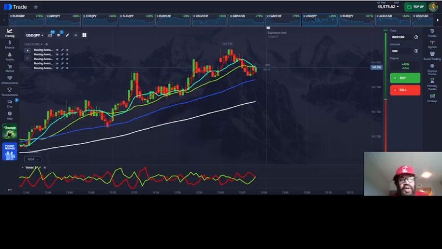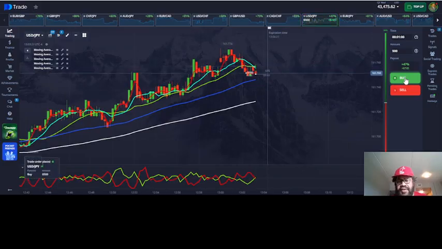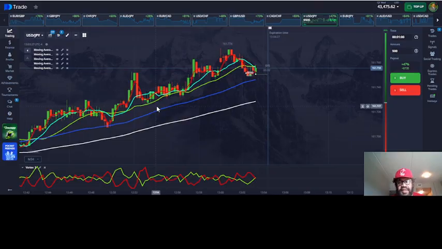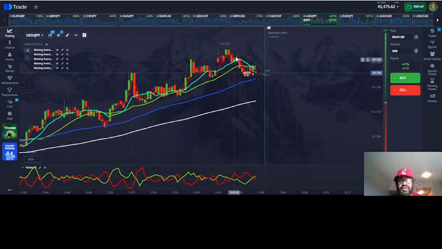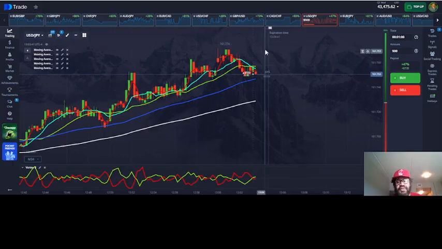Okay, so I'm on the USD JPY, and I'm gonna go ahead and take a buy trade here. And the reason I took the buy trade is I waited for the cross of the vortex line here. The green vortex crossed over the red vortex line in an upward direction. In addition to that, we're seeing the slope of the SMA lines sloping upwards here,